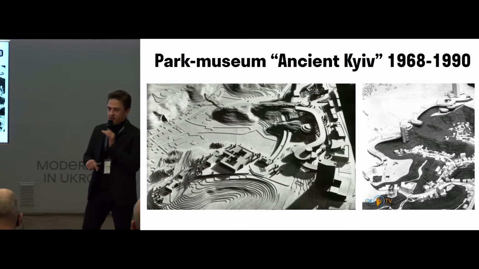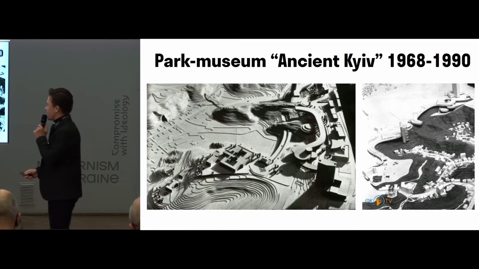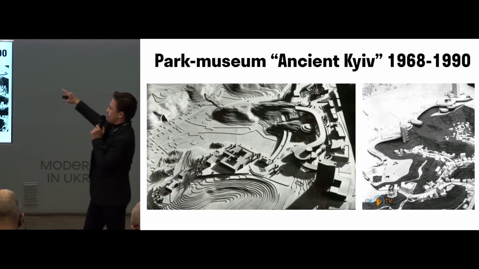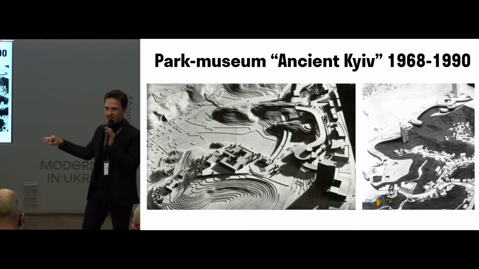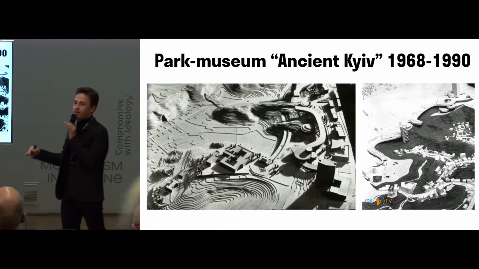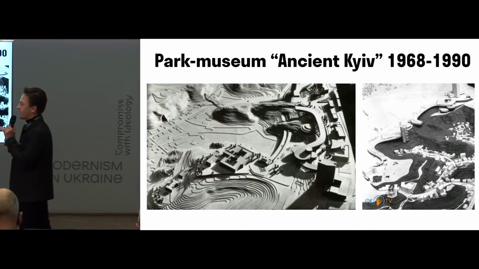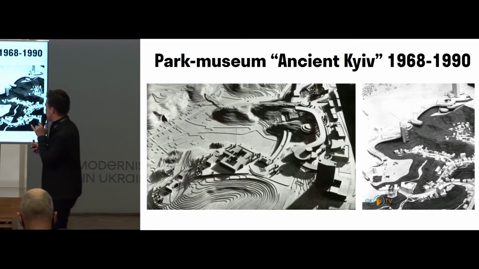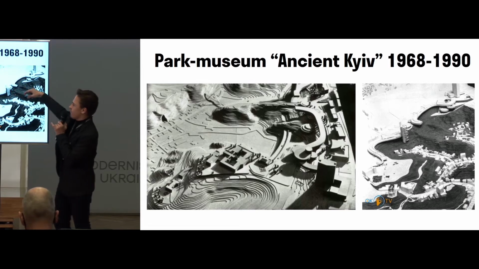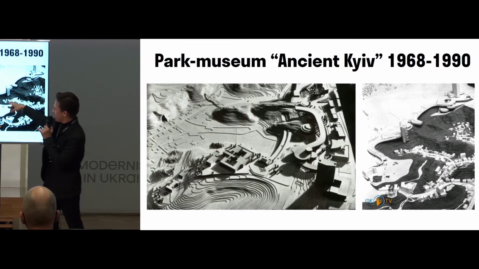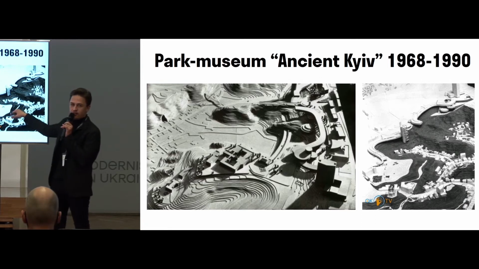Another project that was happening in parallel, which is important to understand, is the Park Museum of Ancient Kyiv. It's very hard to locate because it never happened in this way. But Kyiv is a very hilly city, and one of the most important, iconic and symbolic places is the Pejzažna alley. From Lvivska Square, there is an alley or passway, or, as Kevin Lynch would say, a path, that leads to the oldest part of the city, Kyiv Detinets, where the 10th century church was constructed,